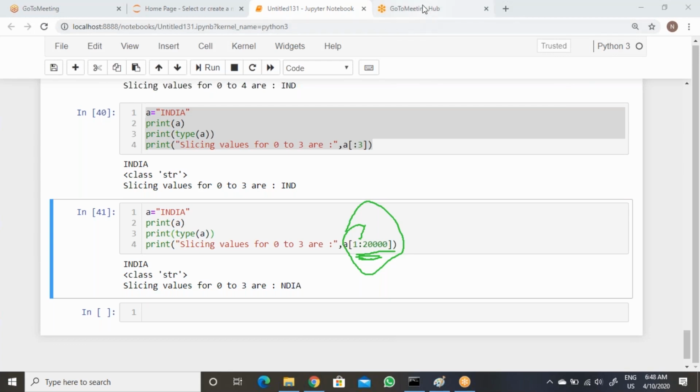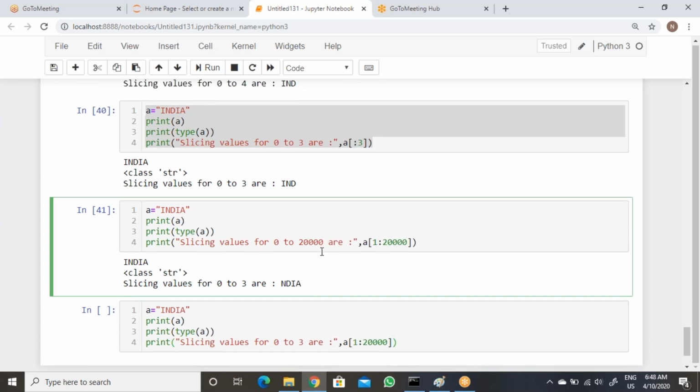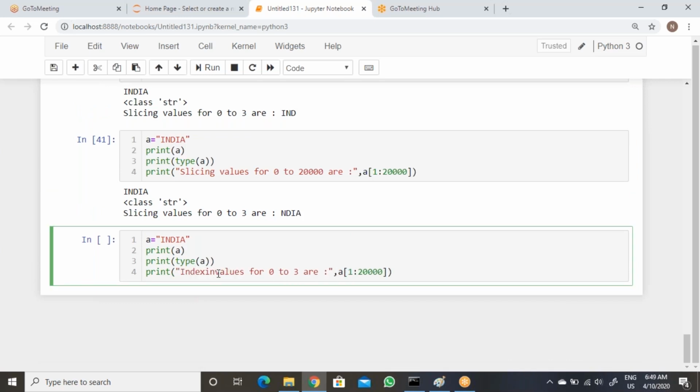Second. So now I'm just taking only 0 to 20,000, whatever. Now see here, if you are indexing values, if you take an index value for 20,000 or like that, it is okay.